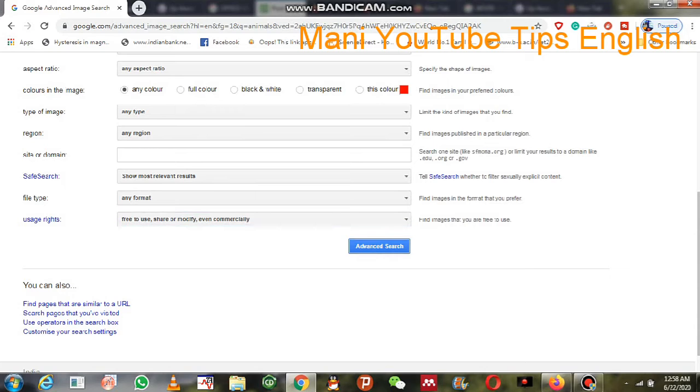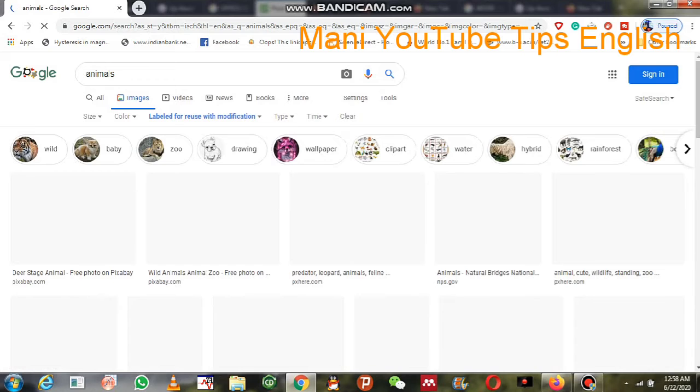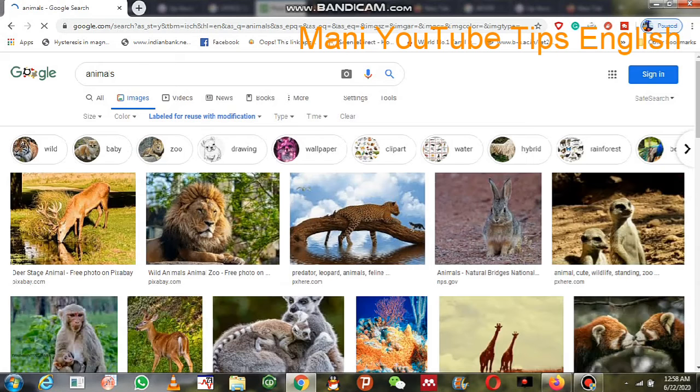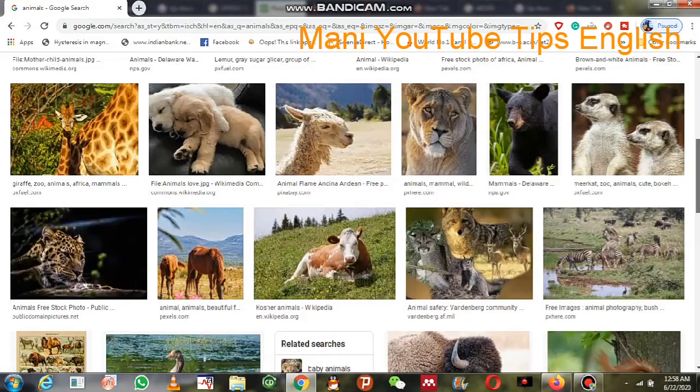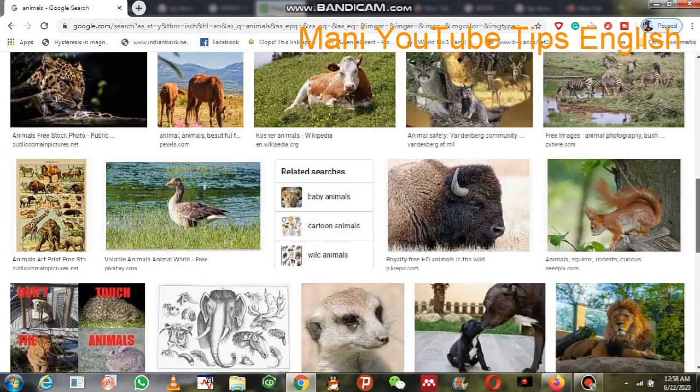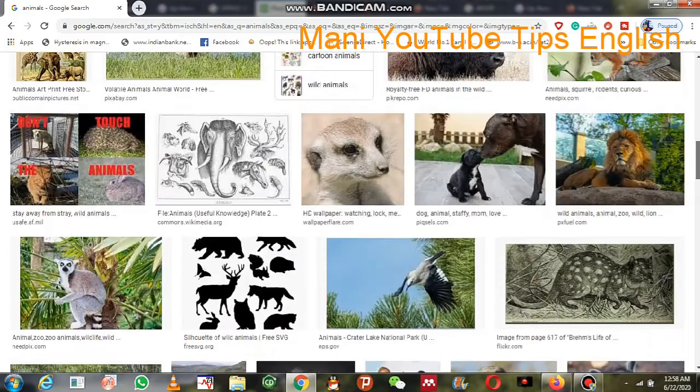Choose free to use, share and modify even commercially, then click advanced search. Now you can find a lot of copyrights free images. You can use those images in your video clips. If you use them, you cannot get any copyrights claim in the future.